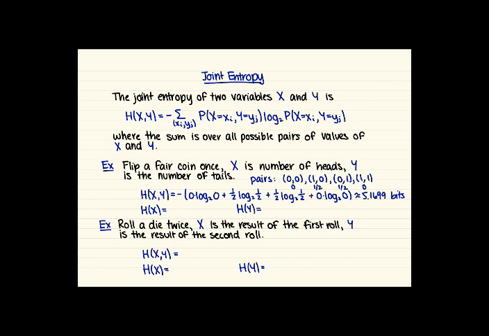It's really a similar computation to what we did for a single random variable, except now instead of looking at just the values of that one variable, we're looking at pairs of values of the 2 random variables and the probability that that pair happens, so that the value for X happens at the same time as the value of Y. This was silly. I wrote down the wrong value here. Shoot.